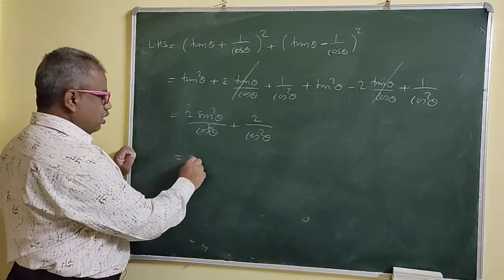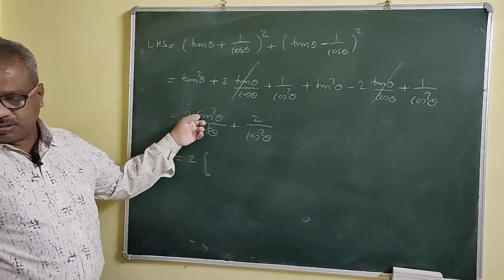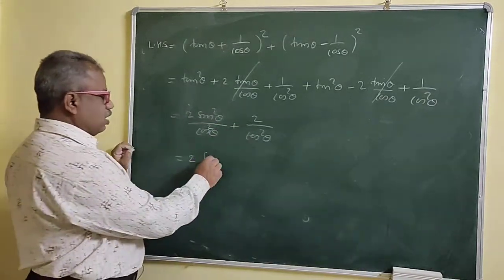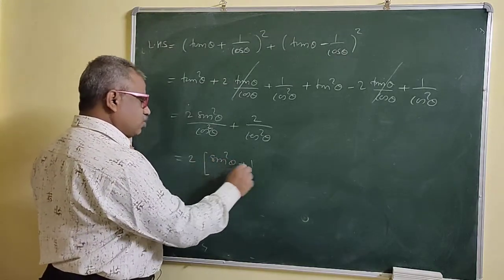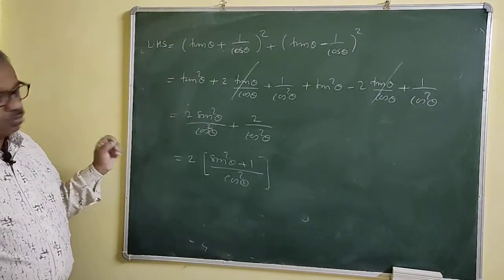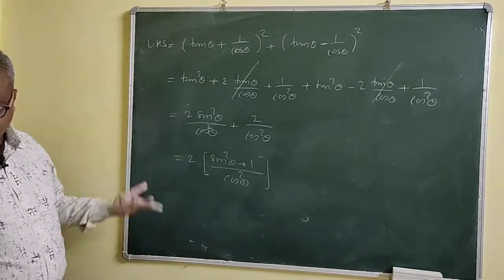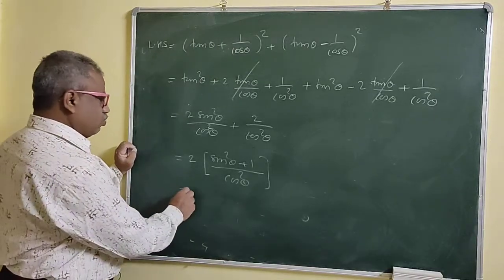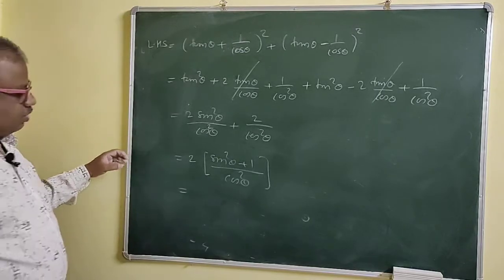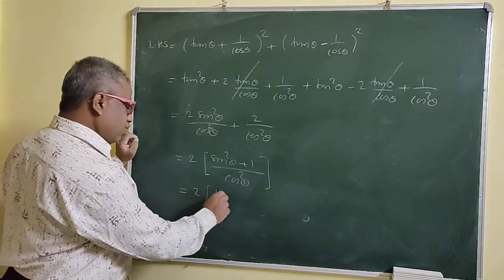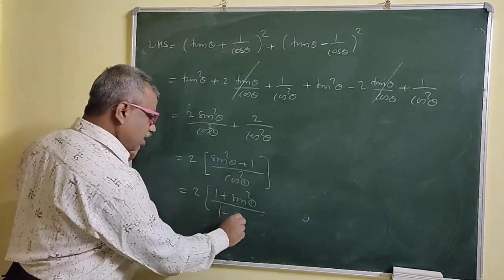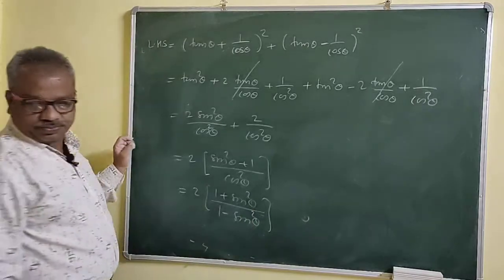So take 2 common, right? And the denominators are the same. So we will take the sum of this one, right? Sin square theta plus 1 upon cos square theta, right? No need to do, see, this 1 upon cos theta, directly we can do this. So now, see, cos square theta means what? 1 minus sin square theta. See, we get a result now. This is what? 1 plus sin square theta. We may write this as sin square theta plus 1 minus sin square theta, and that we want.